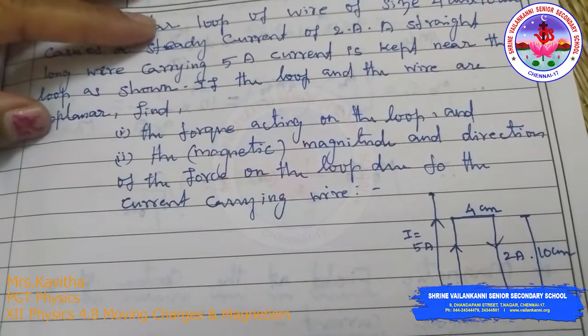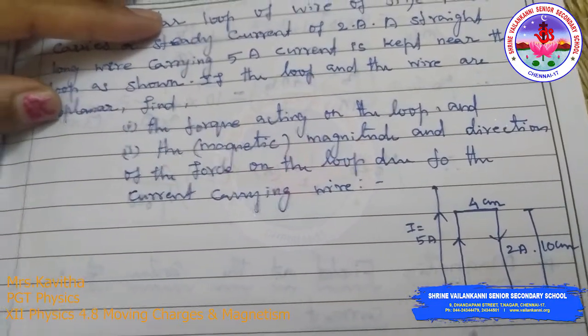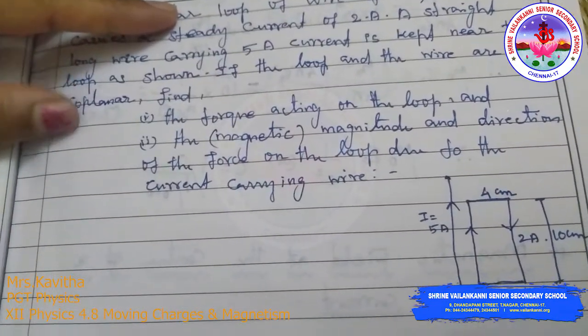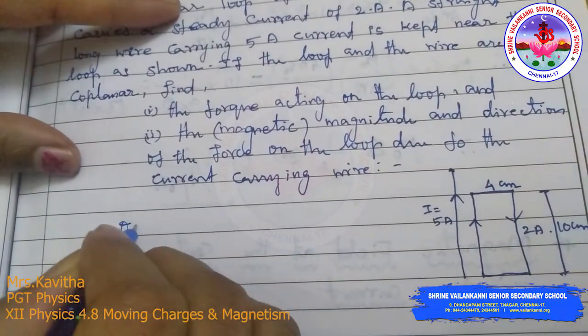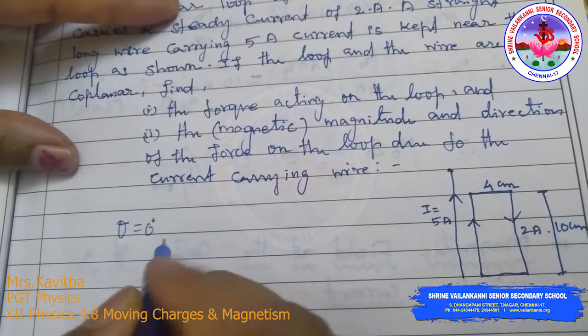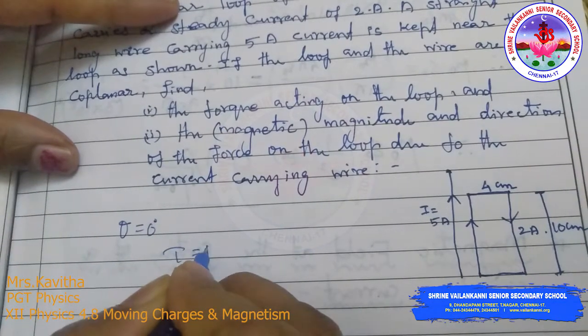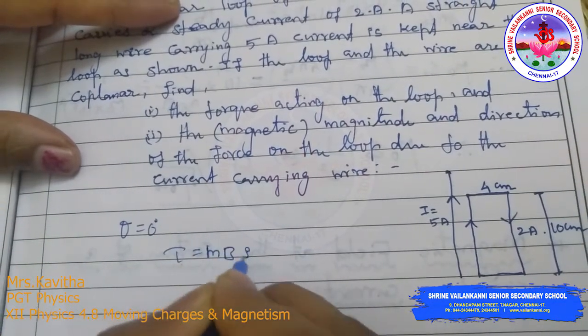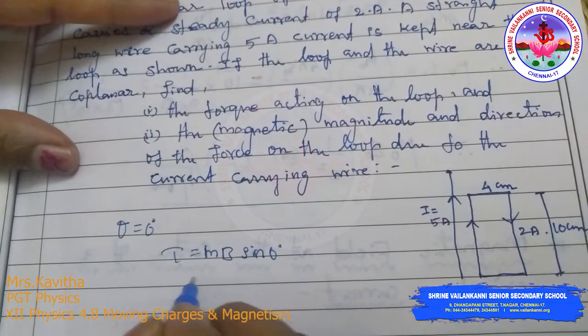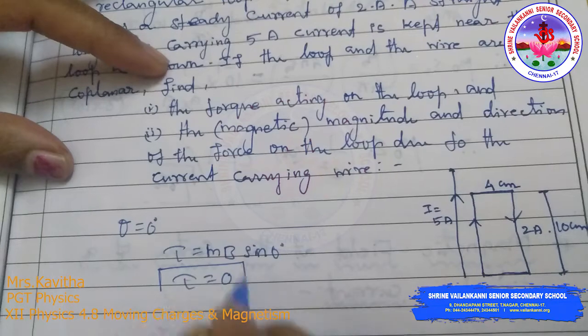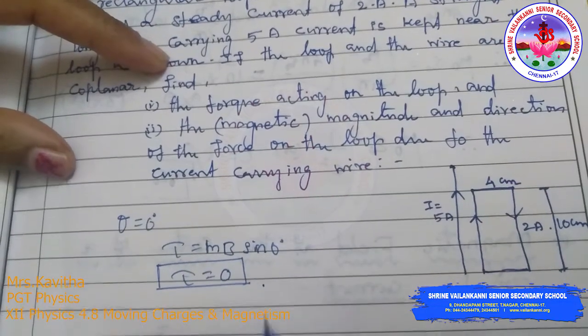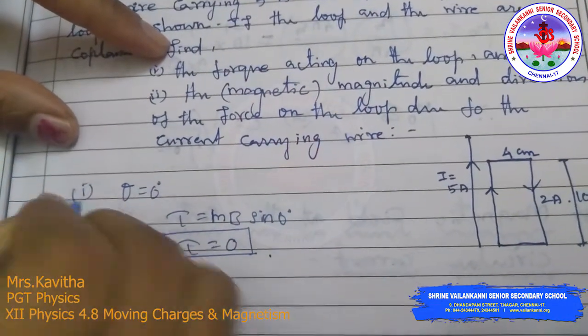For the first case, as M and B are parallel, theta is equal to 0 degree. So tau, which is equal to MB sin 0, so the torque acting on it will be 0 for the first case. For the second case,